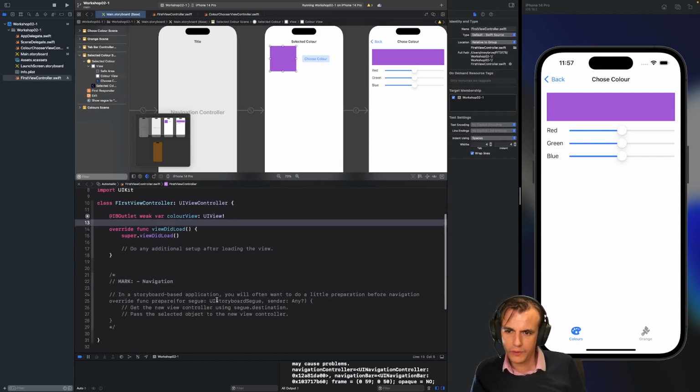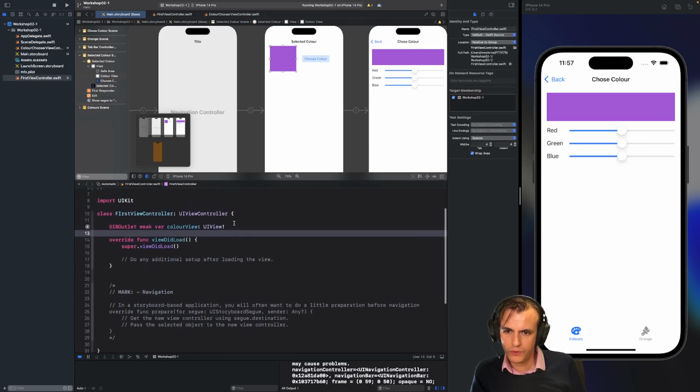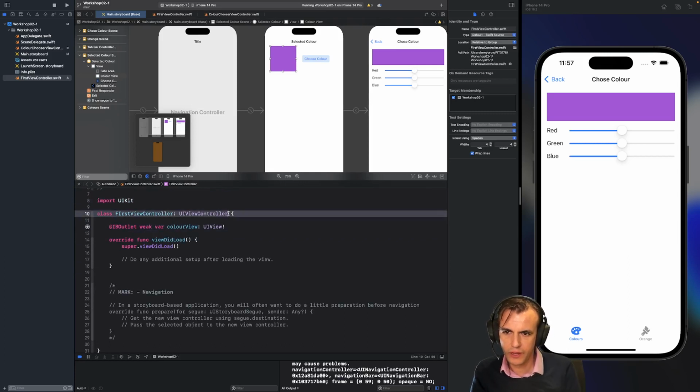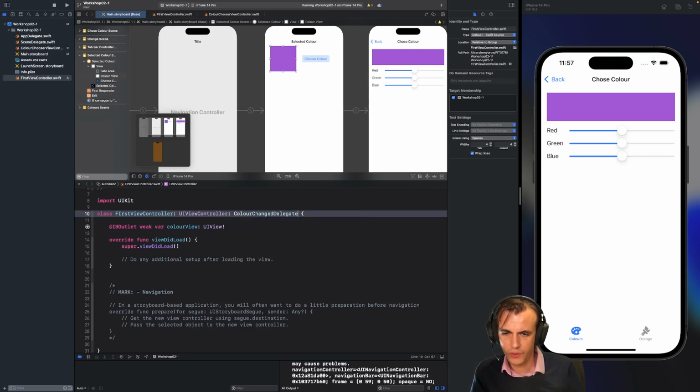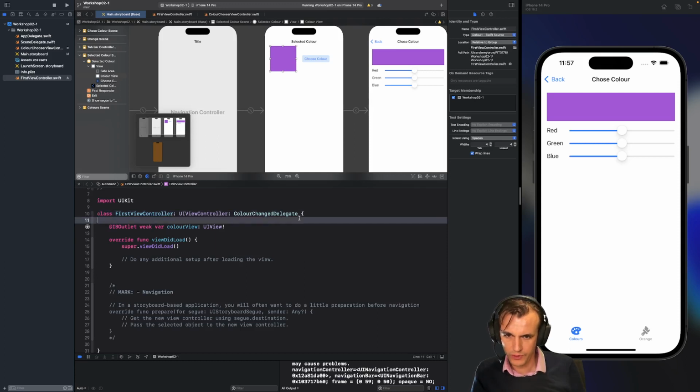Okay, now what we want to do is have this class, the selected color one, conform to our protocol. So I'm going to enter here color change delegate, so it now will conform to this. Now when we build it,